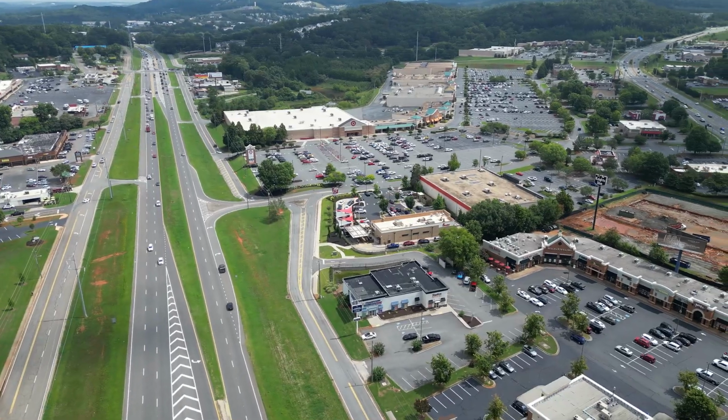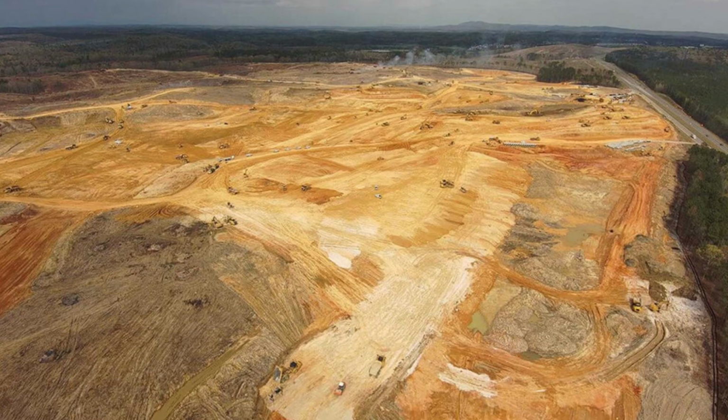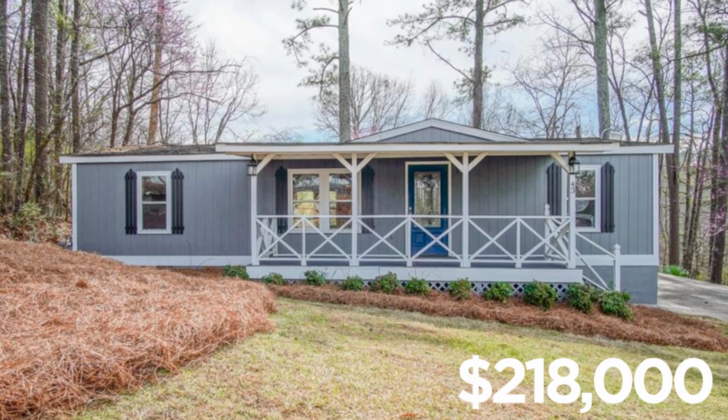There's also a lot of development happening over here, like the Hyundai battery plant that's going up in Kingston. It's absolutely enormous and just outside Cartersville. Also, Smith Douglas has, I think, 4 or 5 different new construction communities all going up at the same time as we speak. So our first stop sold just over $200,000 at